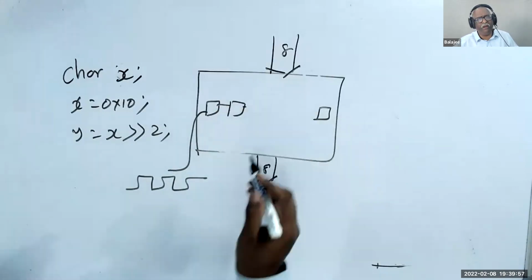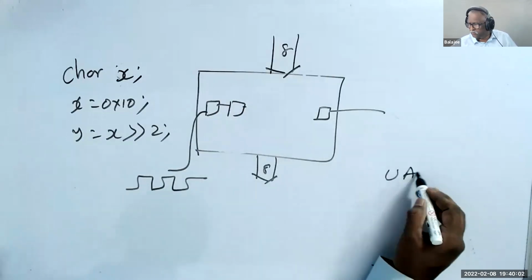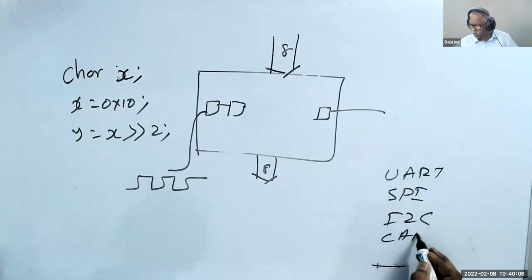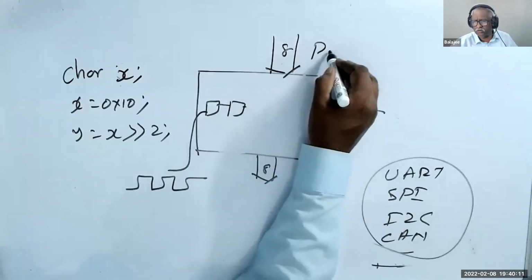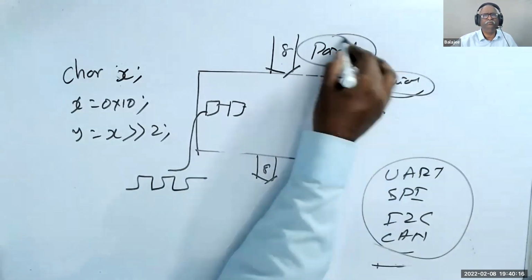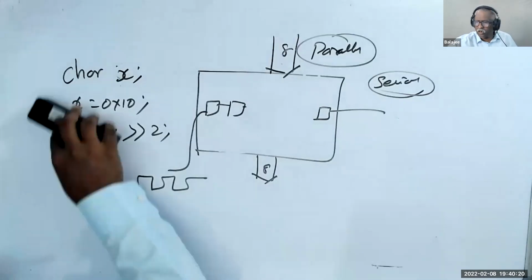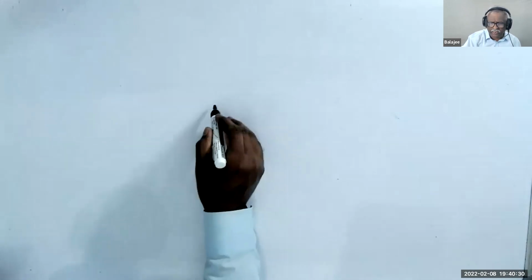You know that these are very famous and widely used. You will understand this when you do the UART, SPI, I2C, CAN and so on. These are all built using this. This is called a parallel to serial converter. Understand? This is what the application is, so don't get into the depth. So the second application is shifting. The third application is very simple. Let us say